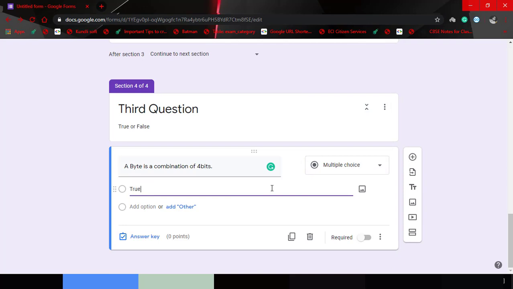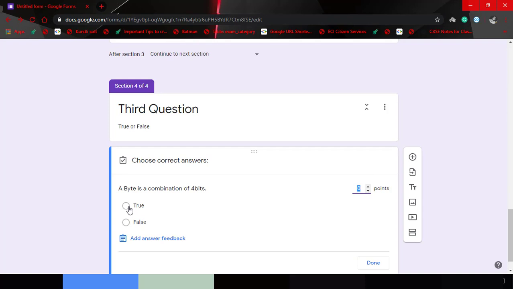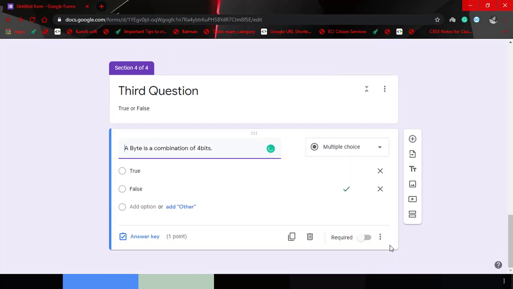First is true and second is false. Fine. That's it. Now you have to click on this answer key option, then you have to give the marks. Then you have to click on this done button, and then you have to select this required option. Fine.